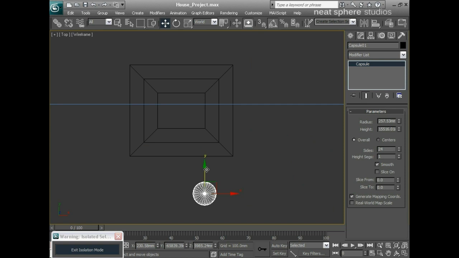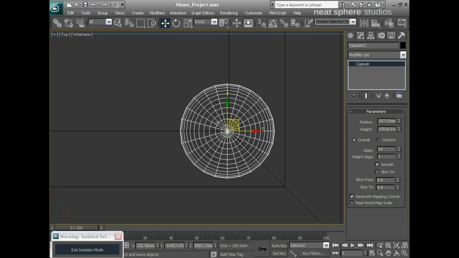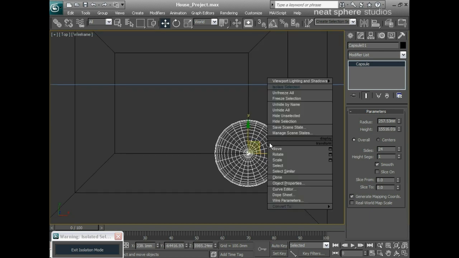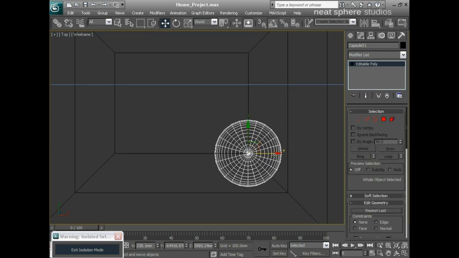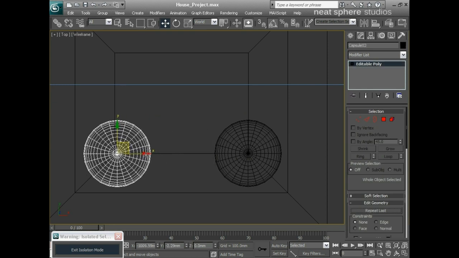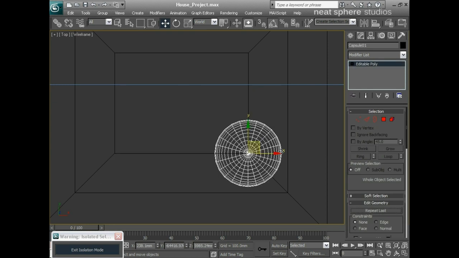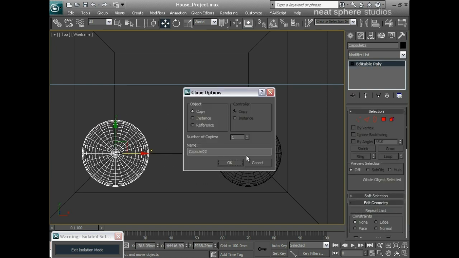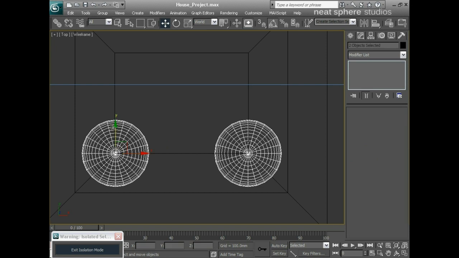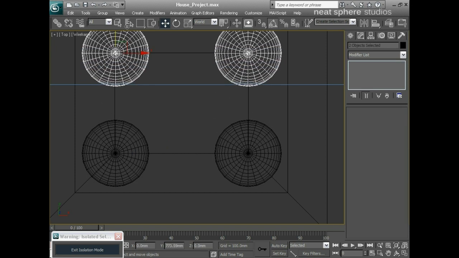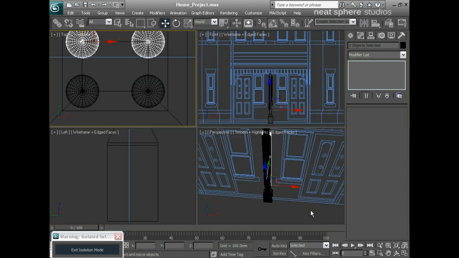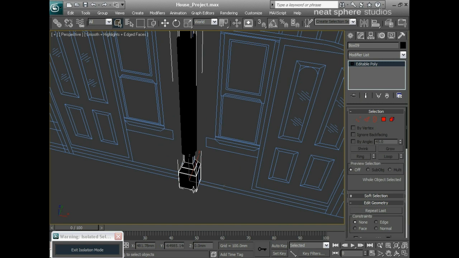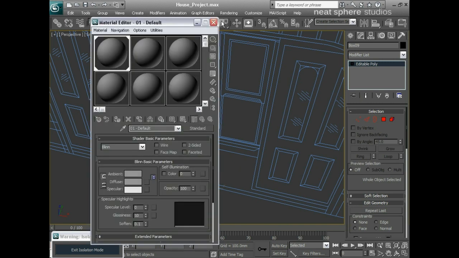Now, each one of these is going to have to sit with its center aligned with that corner. So now I've got one, I'm going to convert that to an editable polygon, and I'll shift in just the X and make a copy over there, and then I'll take these two and shift and make copies up here. Okay, so moving back to our 3D view, to make this easier for us to all see, I'll put a default material